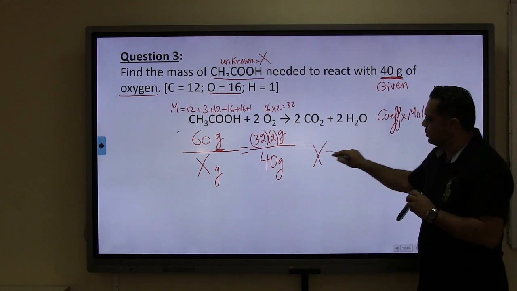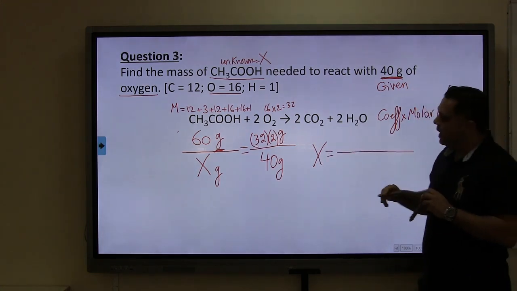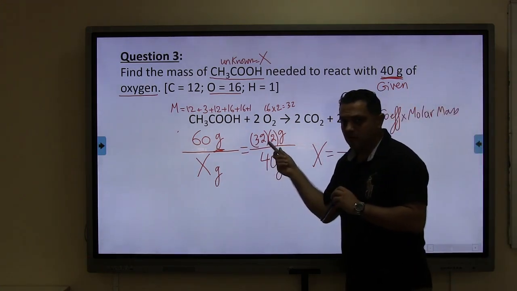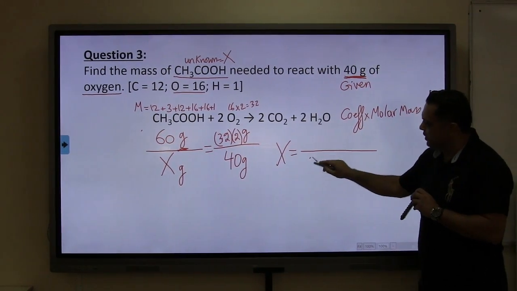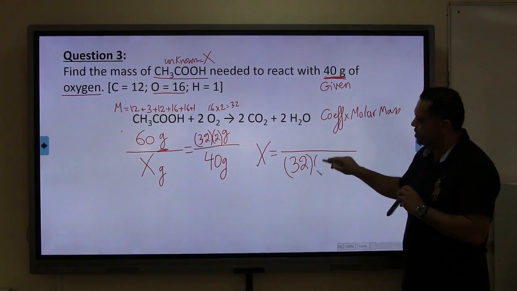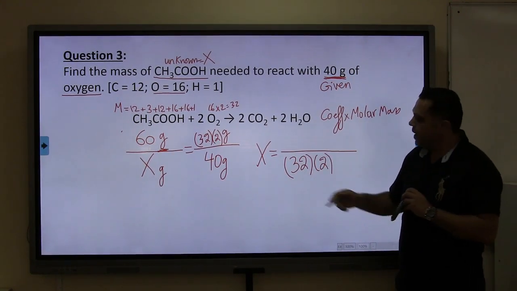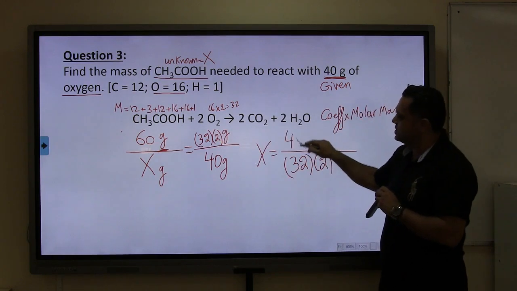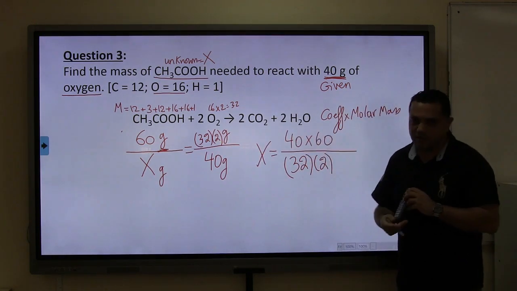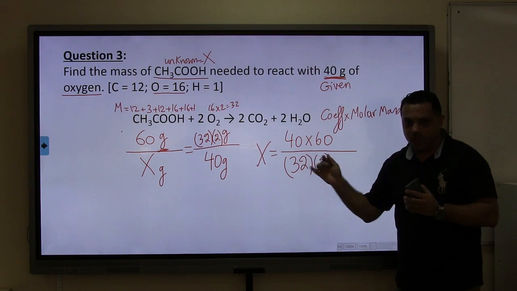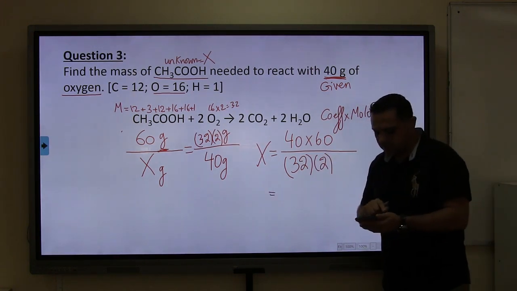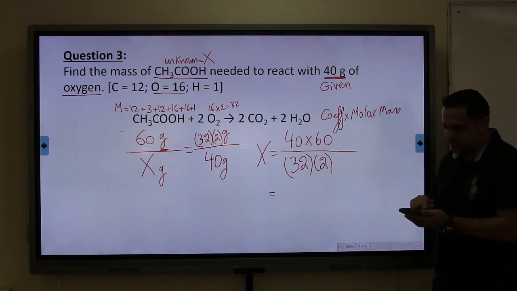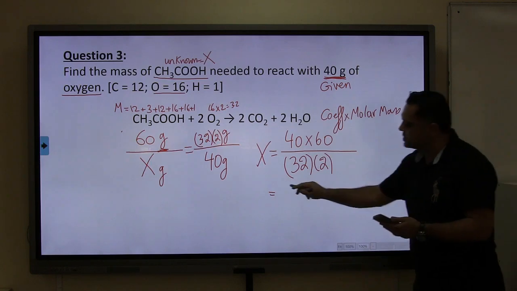So I put X equals, I put fraction, any number facing X, as if it is X over 1, will be downwards, so 32 times 2, and then the other numbers will be 40 times 60. Even if I don't have a calculator, I can simplify and then find the answer. So on the calculator here, we just put 40 times 60, divide by 32 times 2, and the answer will be